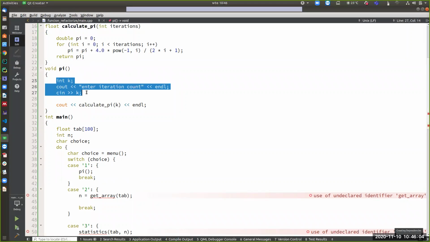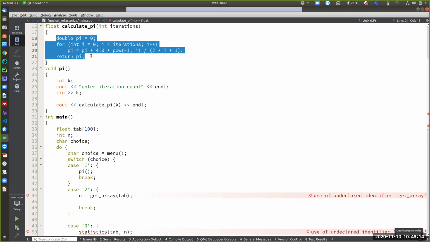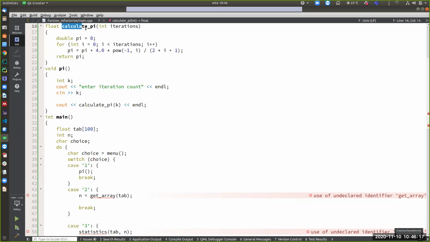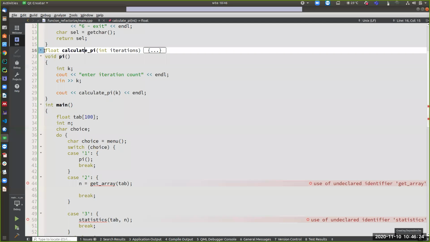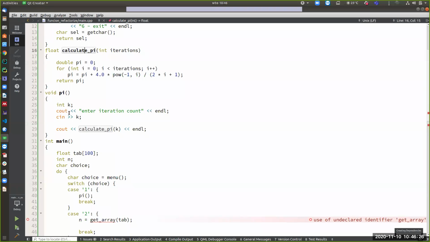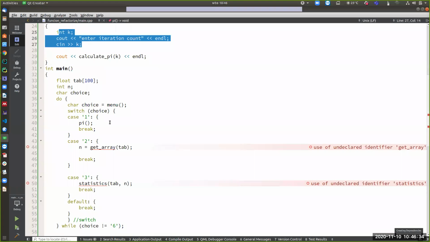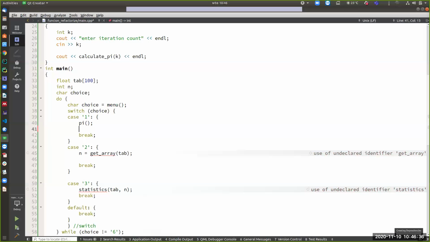So in this case, the interface, so the way how we can get values from input and print values outside, is independent of the function which calculates pi. So look, in general, I can use this function for other purposes than this purpose. So for example, somewhere in my code, I can use this function to